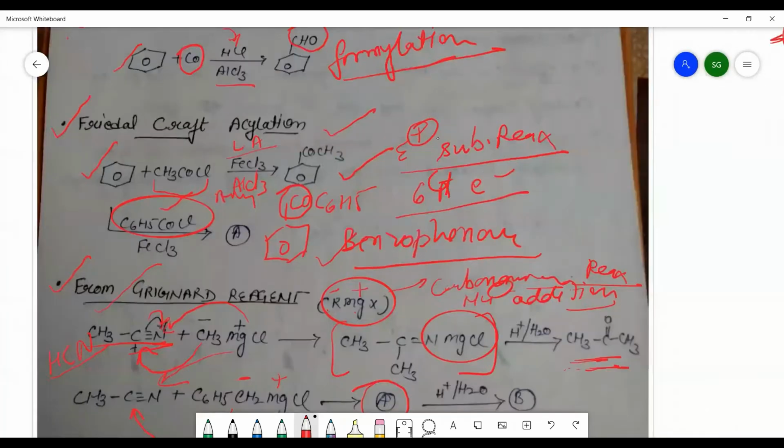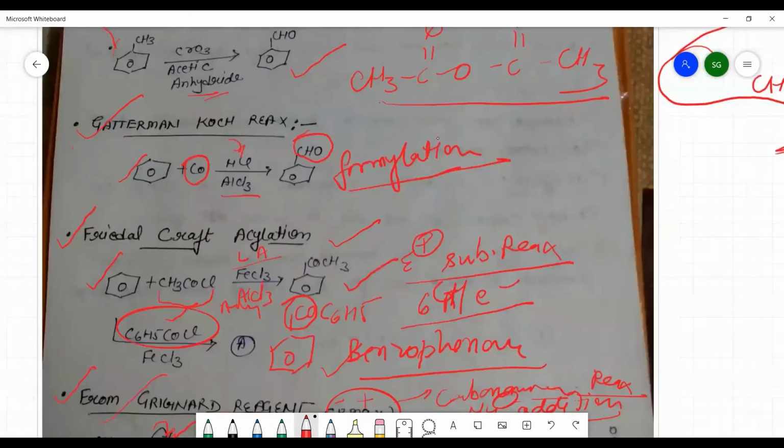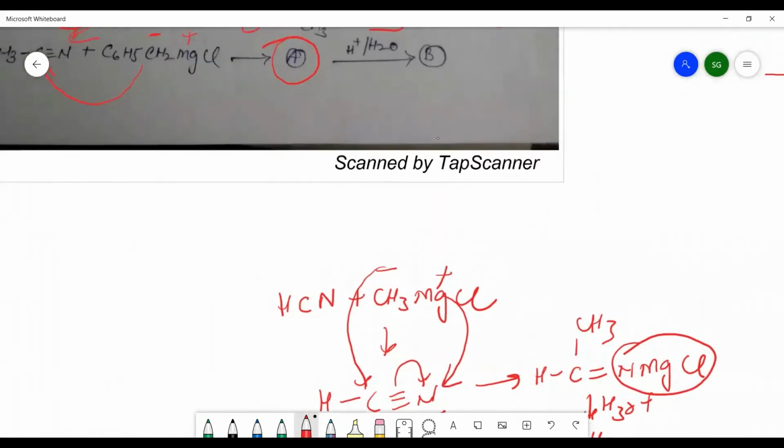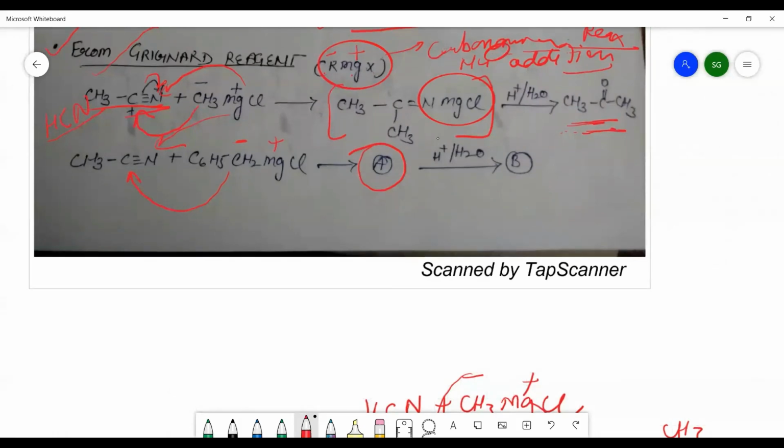So here, यहाँ पर जो हमने discuss किया अभी, we have discussed about the formation of aldehyde and ketones. So we are completing the lecture over here. In the next lecture, we will discuss more about the aldehyde and ketones.